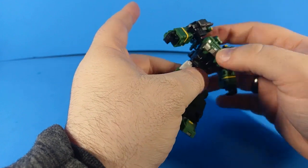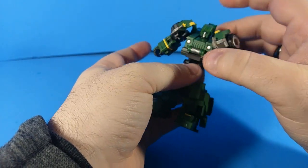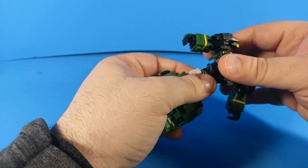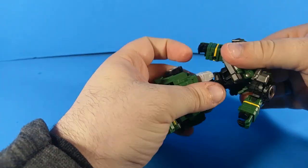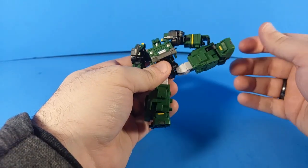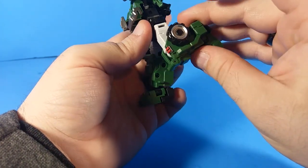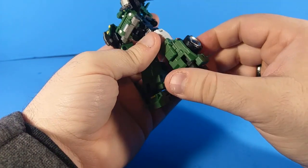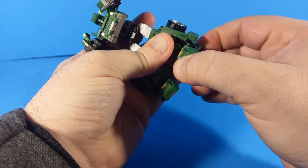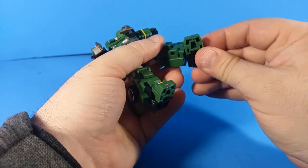He has a dedicated ab crunch. I don't believe this is used for transformation at all, so it's just there to give him extra posability, and that is cool. I like it. Waist swivel, swivels just nicely. Leg goes forward that much, goes backwards that much, goes out for a full Van Dam. Swivel at the thigh, single knee bend just over 90 degrees. His ankles are really nice, so they've got some forward and back motion there. They go up and down. They pivot, super pivot,